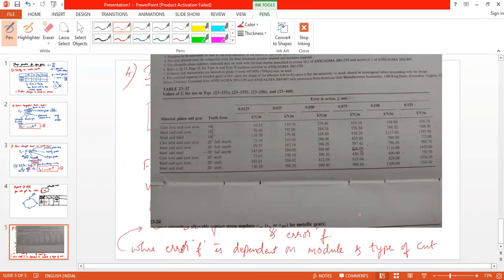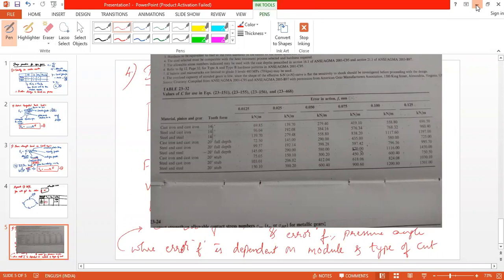Tooth form means the pressure angle. So the value of C is dependent on the material of pinion and gear, tooth form, and the error. And that error is again dependent on